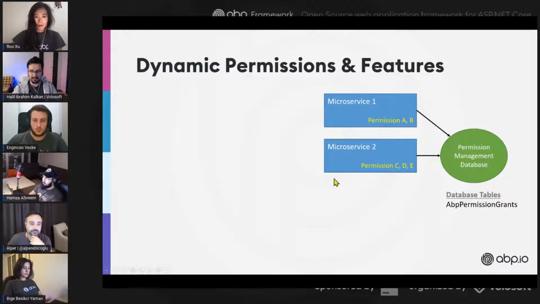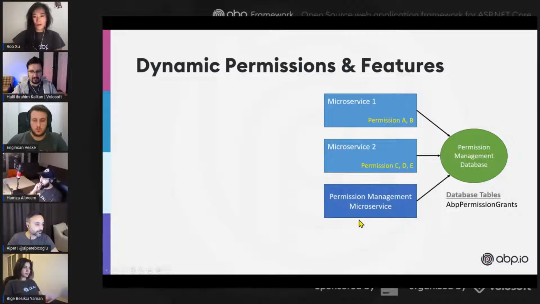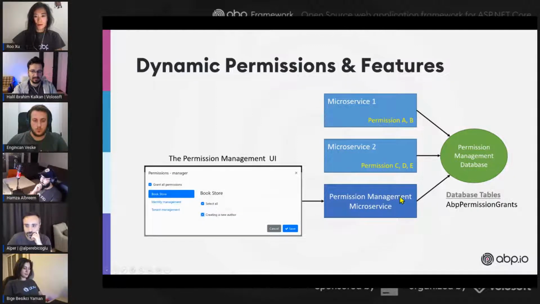Before ABP 7, it worked like that, and there was no way to check permission B from microservice 2 because permission B is defined in microservice 1. Assume that we want to create a permission management microservice in our system and use that microservice from the permission management user interface. In that case, we want to manage all the permissions in a single user interface, with a single microservice behind the API gateway. So now it's possible